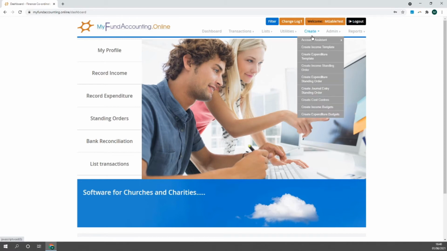Under Create, here you have some important things under the Accounts Assistant. Initialization you won't need to do. SOFA and Receipts and Payments headings you won't need to alter. Funds, you will need to set up funds. Nominal accounts are locked. Starting balances you only need to do but the once, and there's help available to do those. Financial year dates only set up initially. You may wish to set up suppliers, grantors and